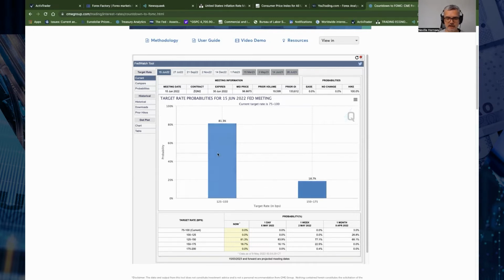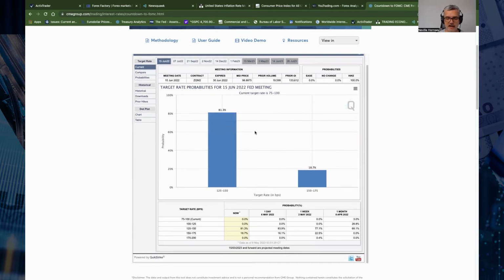So we did see moves in the dollar and in the equities based on not getting a 75 basis point rate hike. If the rate of change of inflation is as dramatic and as low as we're expecting, then maybe these guys move back in towards the 50 basis point rate hike, and then some of these guys move out towards a 25 basis point rate hike, which means by the time we get to June, we'll have maybe priced in a slightly lower rate of change, and then maybe the US dollar hasn't advanced as quickly as we were thinking. So it'd be interesting to see what the market reaction is on Wednesday, and then where we stand with this Fed Watch tool.